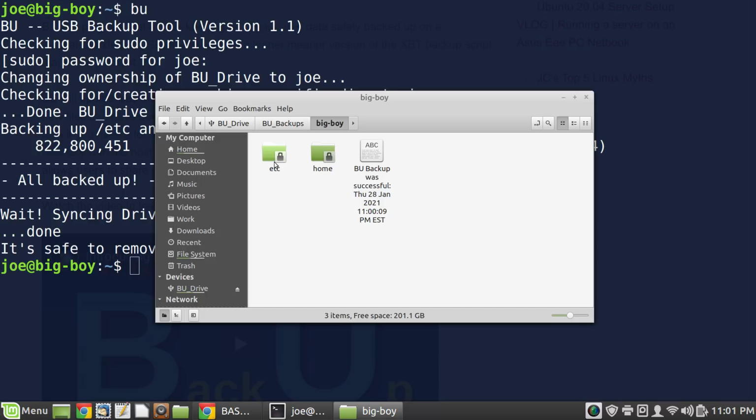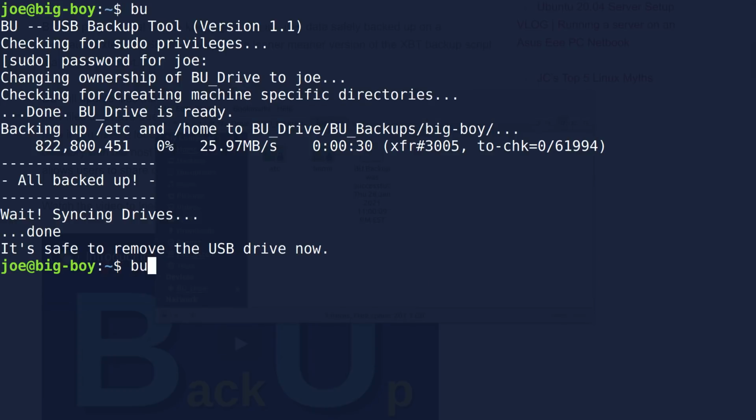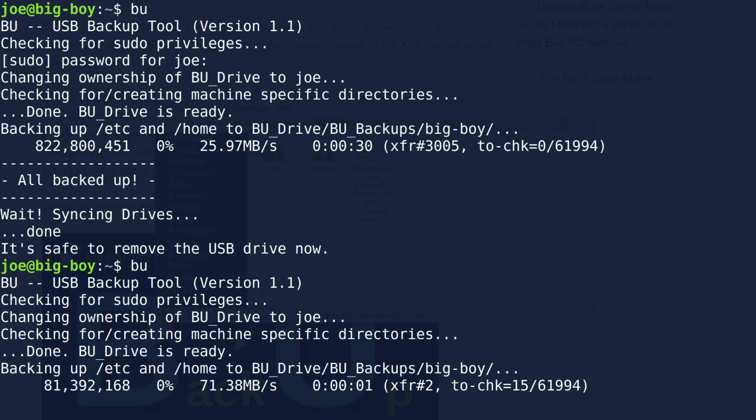And this is a good thing to have backed up, because if you ever have to restore your system, you have to reinstall, you can go grab some different settings and files out of there, especially for things like Secure Shell. It's just easier to grab all the stuff and throw it back in than it is to reset all that up. You'll also notice here there's a flag file, and the flag file tells you exactly when the last backup was. So if I run this again, let's just do it one more time, that flag file is actually going to change.